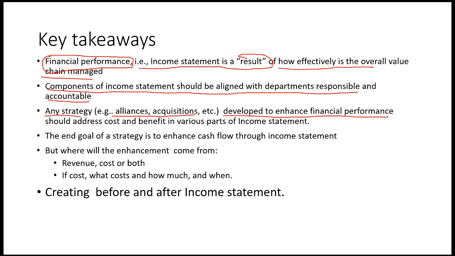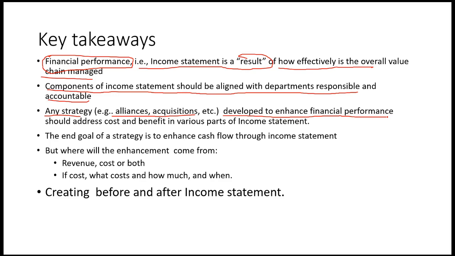Is it going to increase the sales because we're going to sell more, which is the quantity part of the sales? So remember, sales is price times quantity. Or is it going to be because we are going to increase the price, maybe we have some key elements in our product that we can use to raise the price. But it's got to be very, very clear how the sales are going to go up. And then you look at the cost. If I'm going to sell more and make more, how much is it going to cost me?